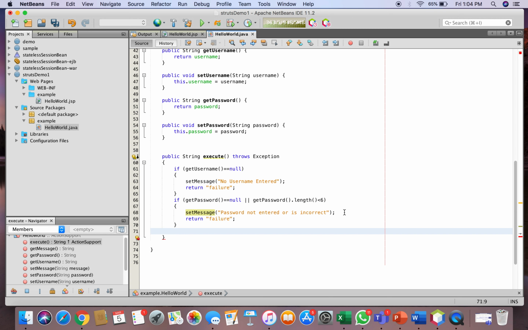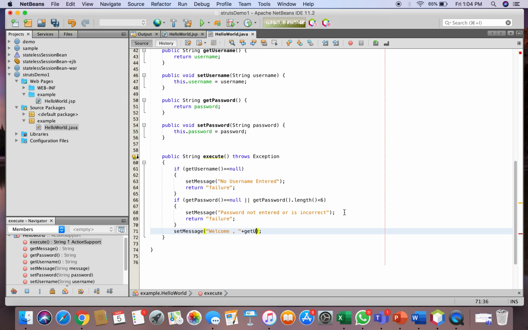Now if the user has entered a username and the password is also correct, then everything is fine. So the message should be, what I want is to print "Welcome" and then the username.